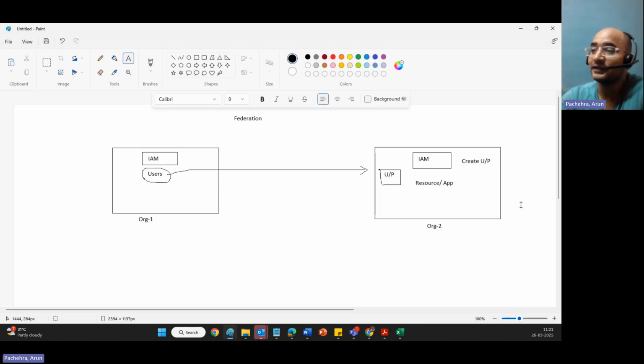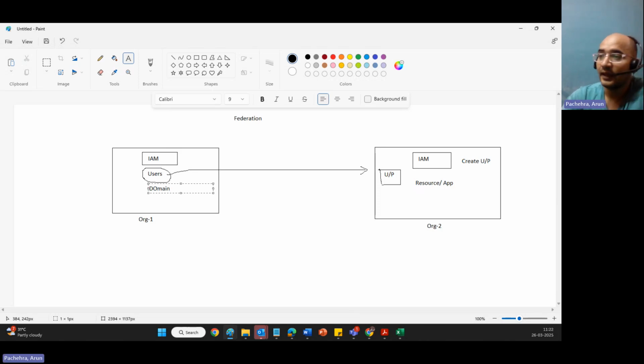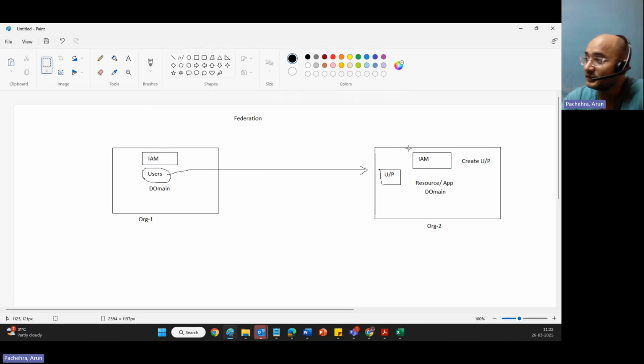helps create something which is called federation. What do we mean by that? Well, the way we have explained, users from one organization or domain access resources in another organization or a different domain without needing separate credentials, because this is a separate credential from what we are creating here. But because we have federation in the picture, we don't need to create separate credentials,